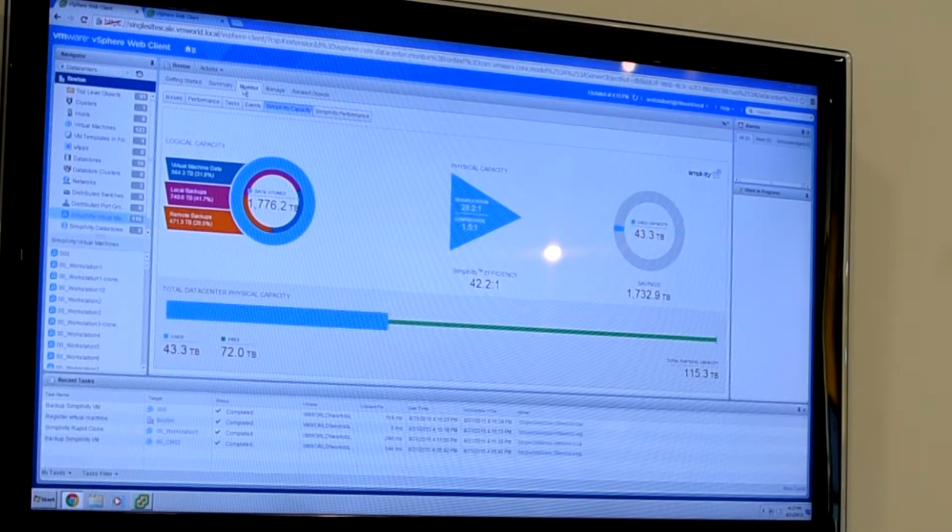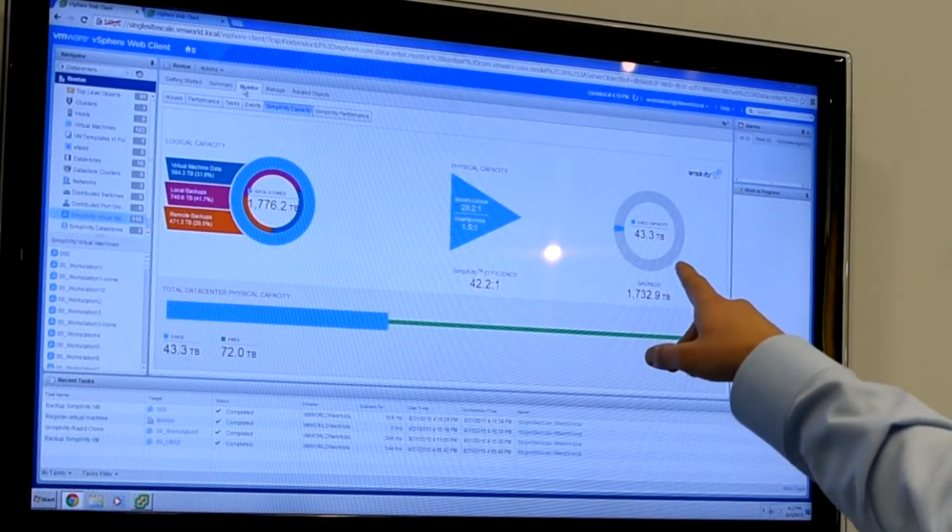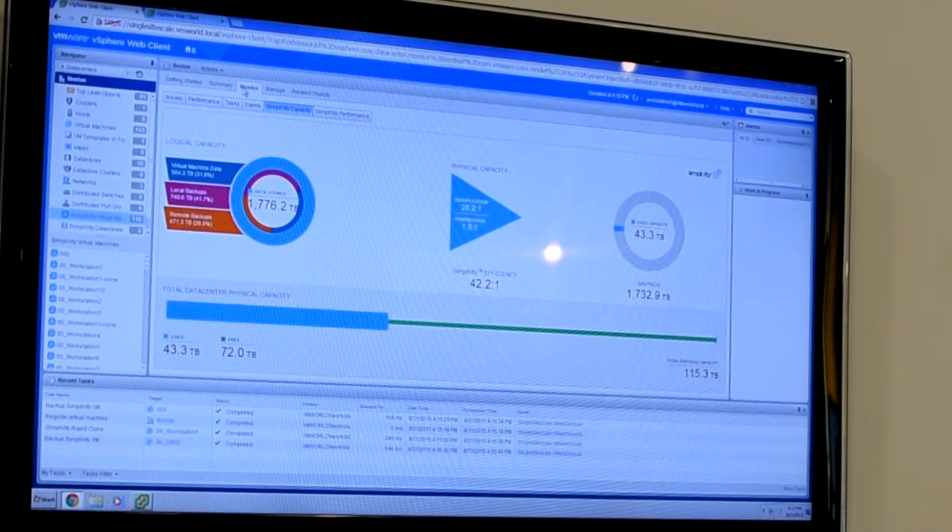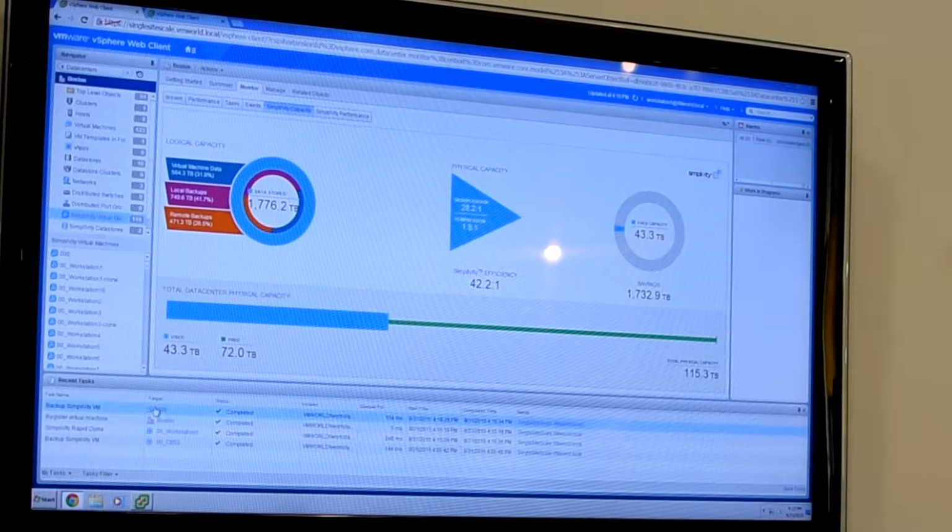I've generated a new virtual machine and a new backup, so about a terabyte more of data. But you can see my used capacity hasn't gone up at all. I've avoided all of those IOPS that are typically generated by creating clones and by creating backups. So now if I go into that virtual machine itself, I can see if Boston fell into the ocean, what I can do,